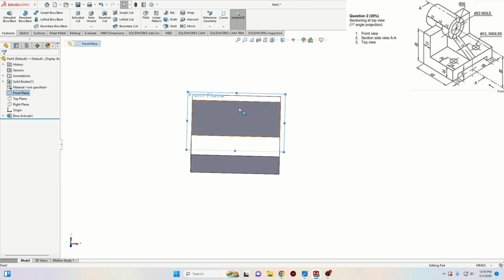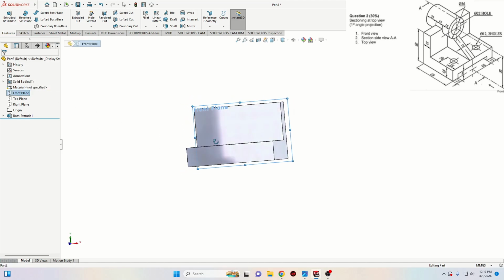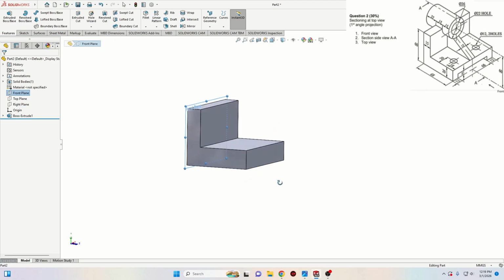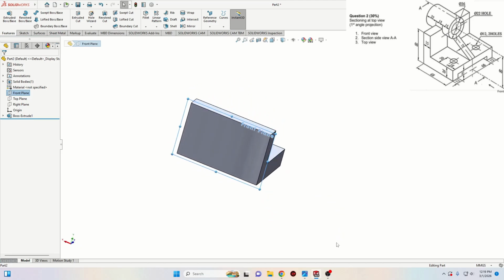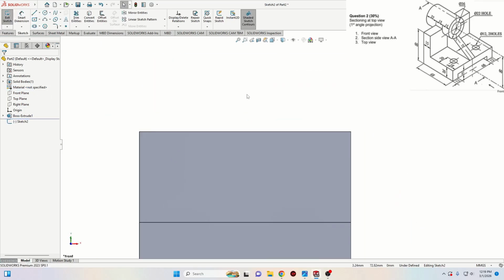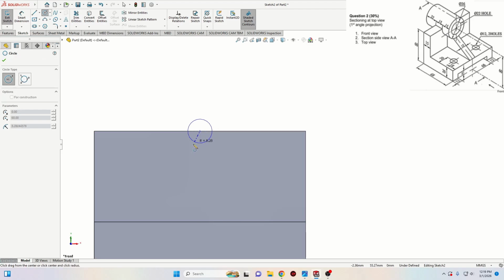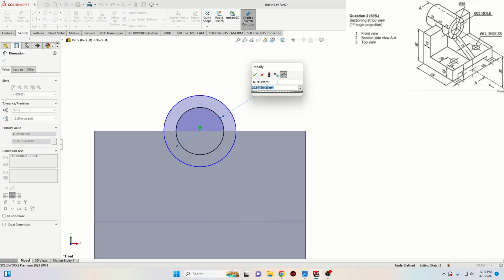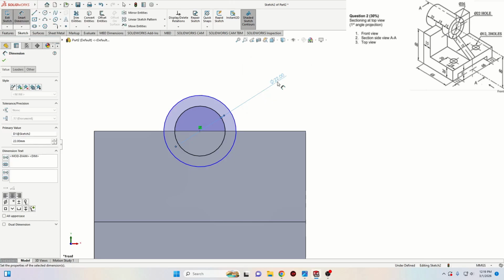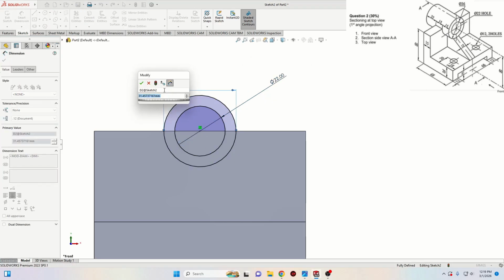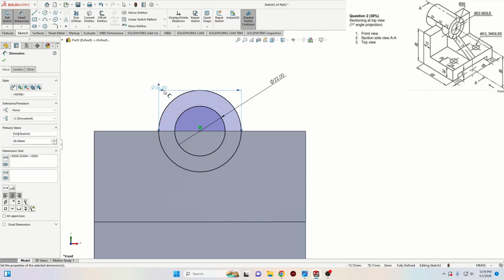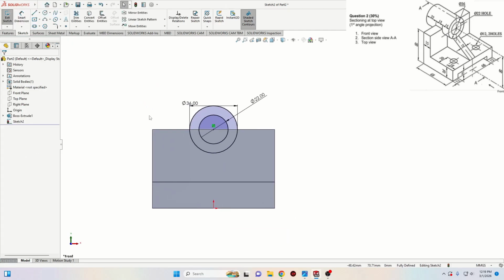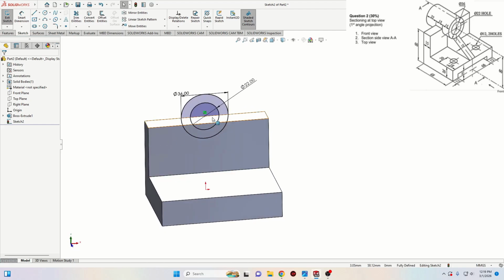Now as we can see, front plane is like this, so this is the front. Alright, now let's open a sketch in the front plane. And here select circle and let's make 2 of them. Now with smart dimension, let's define them. This one will have the diameter 22 and this one will have the diameter 36. Now make sure that this is in the middle of this edge